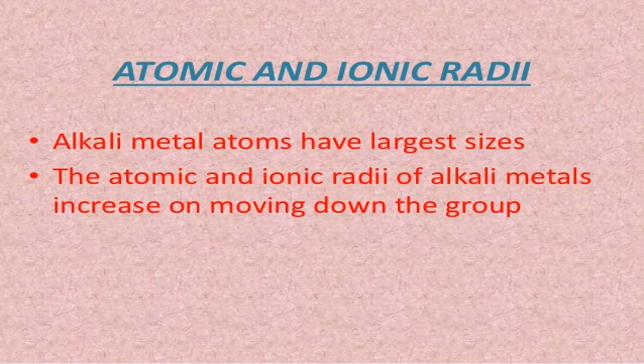That means the extreme left elements have the largest size. Because of their largest size, the electron is far away from the nucleus. Because the electron is far away from the nucleus, it cannot be controlled easily. Because it cannot be controlled easily, it can be removed easily. When it can be removed easily, they show very reactive properties. So it is because of their size. On the modern periodic table, it is the alkali metals which have the largest size. Therefore, they are the most reactive metals of the modern periodic table.